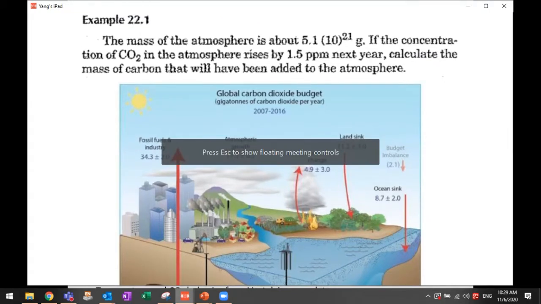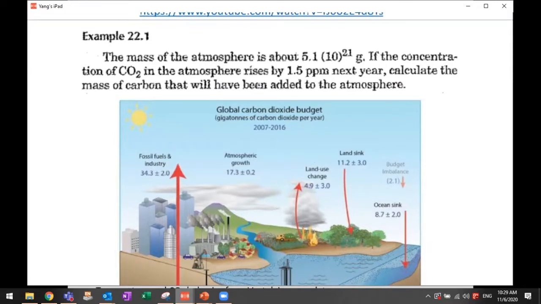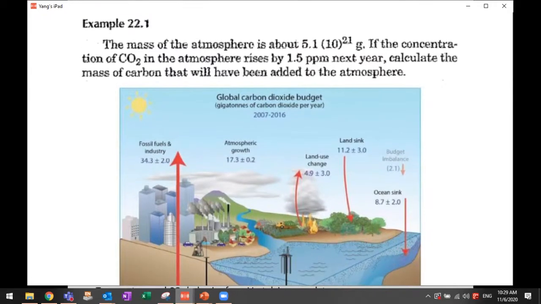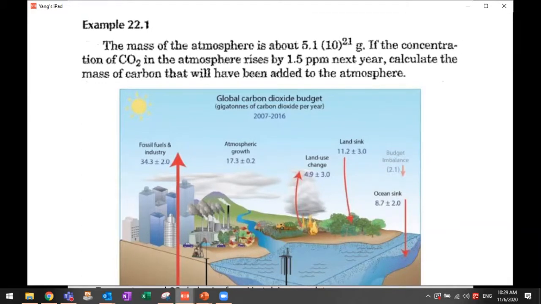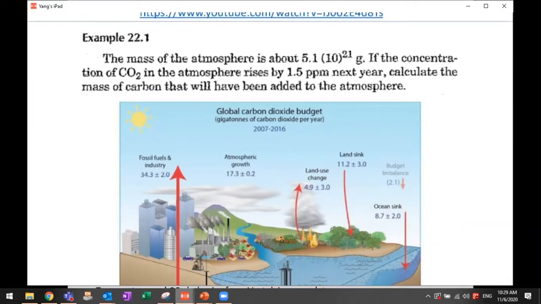So let's say this is also a quiz problem. You can spend maybe 5 minutes to calculate the answer, okay? So let's assume that the mass of our atmosphere is about this mass here. So if the concentration of the carbon dioxide in the atmosphere rises by 1.5 ppm